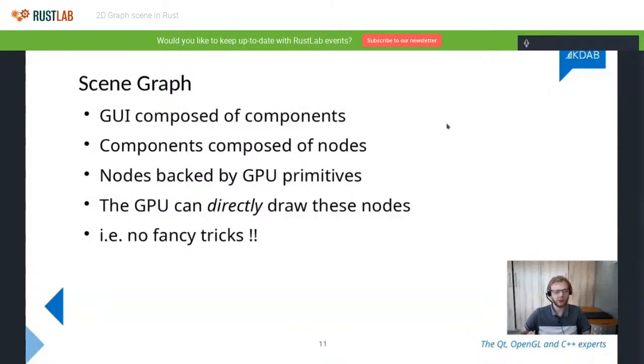The way that Qt Quick 2 achieves this GPU-centric approach is through what they call the scene graph. I have to be clear that I'm using the term scene graph to refer to this concept because that's what the Qt documentation uses.